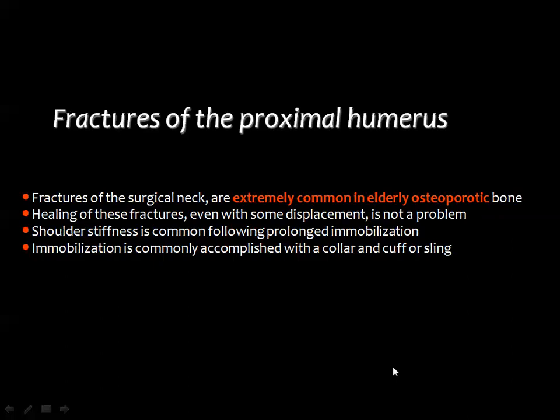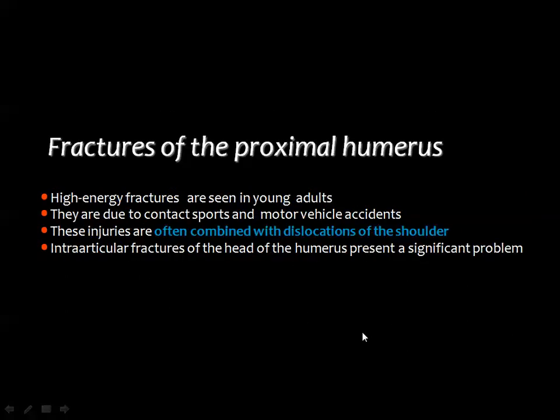Then proximal humeral fractures, like the fractures of the proximal femur, are commonly seen in elderly patients, especially those who are osteoporotic. This fracture of the proximal humerus is similar to the Colles fracture, similar to the femoral neck fractures, which are seen in elderly osteoporotic people. Then one of the important issues is to initiate early movement of the joint with proper fixation to prevent the stiffness of the shoulder. These fractures